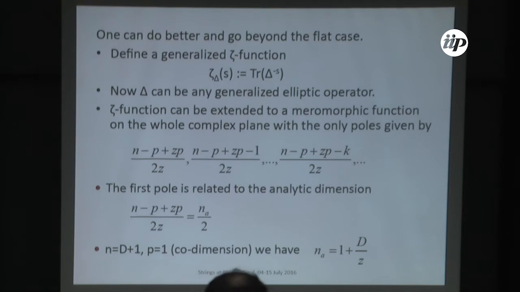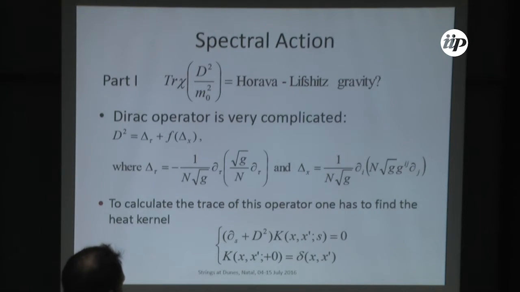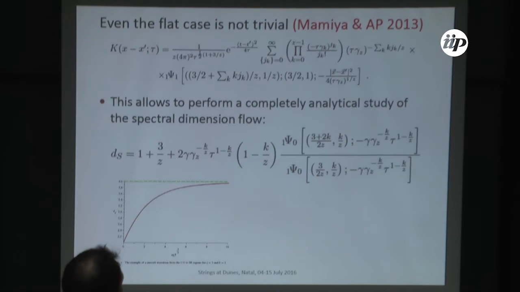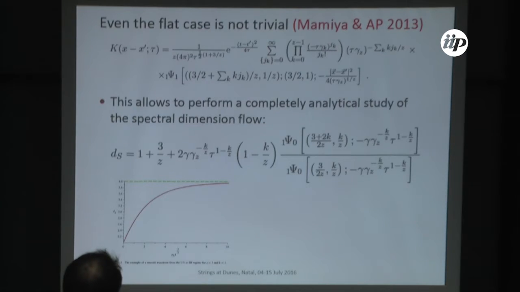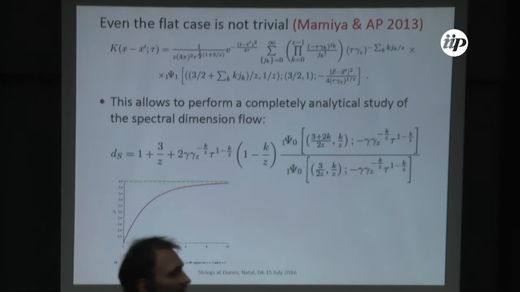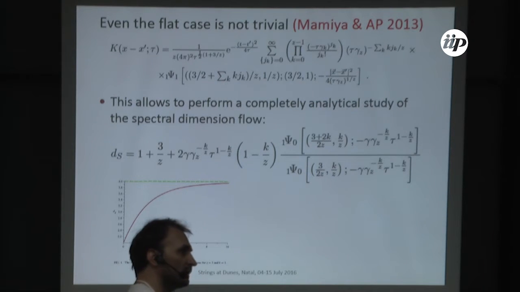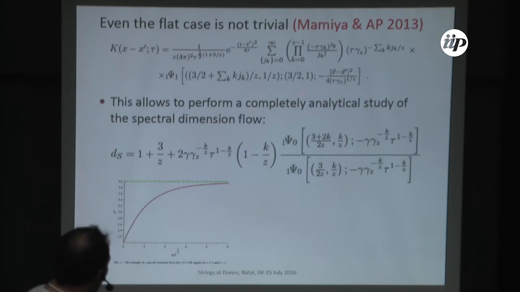Yeah, so we did it, but only for a very specific case. For the flat case, we have an analytic answer. My point is the following: even for the flat case, the answer is so ugly. It uses some Fox function, which is a generalized hypergeometric function. But the point is that a lot of properties are known, and for the spectral dimension you can have the closed answer.